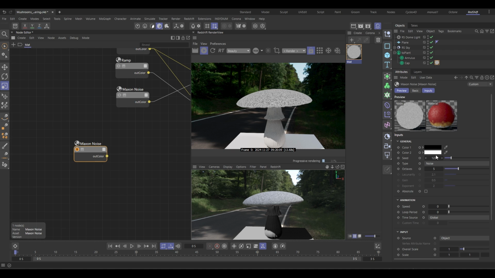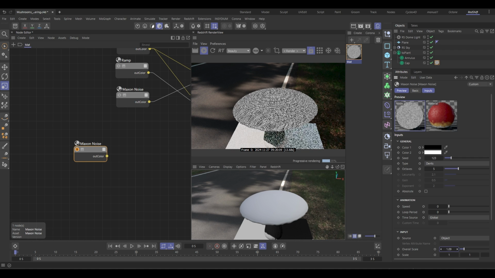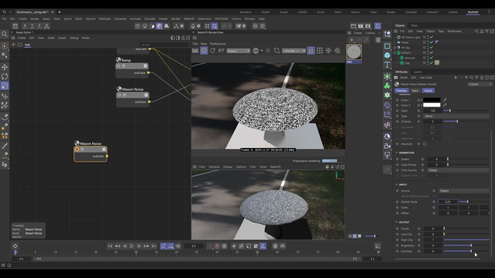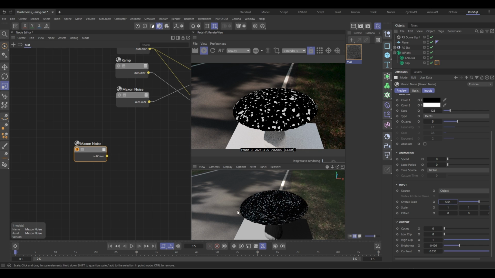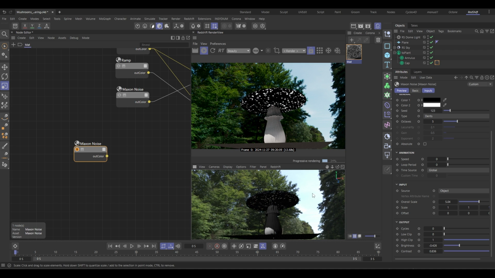And let's solo that. So this one we're going to use dense because they lend themselves quite nicely to little spots. Let's make them a bit bigger. And then we'll adjust the contrast so that we break down loads of them, and we don't want so many, so we can just adjust the brightness and contrast till we get a nice amount. Something like that. That looks good for our dots, but we don't want it underneath, so we need to create